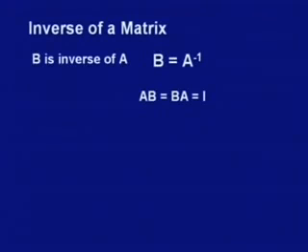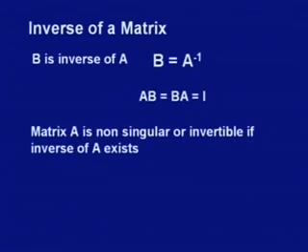But when it comes to multiplication, we say that B is the inverse of A. We write B as A inverse if AB and BA are the same and equal to I. So whether I pre-multiply or post-multiply, it should give me I. If we have such a matrix B, then we say B is the inverse of A. So with this we have obtained the multiplicative inverse of a given matrix. Now this is not as simple as in the case of addition of matrices.